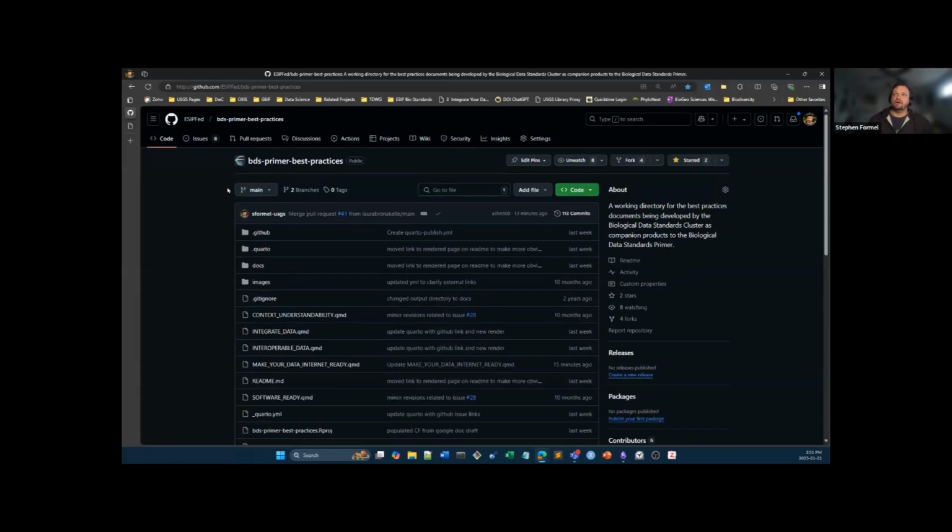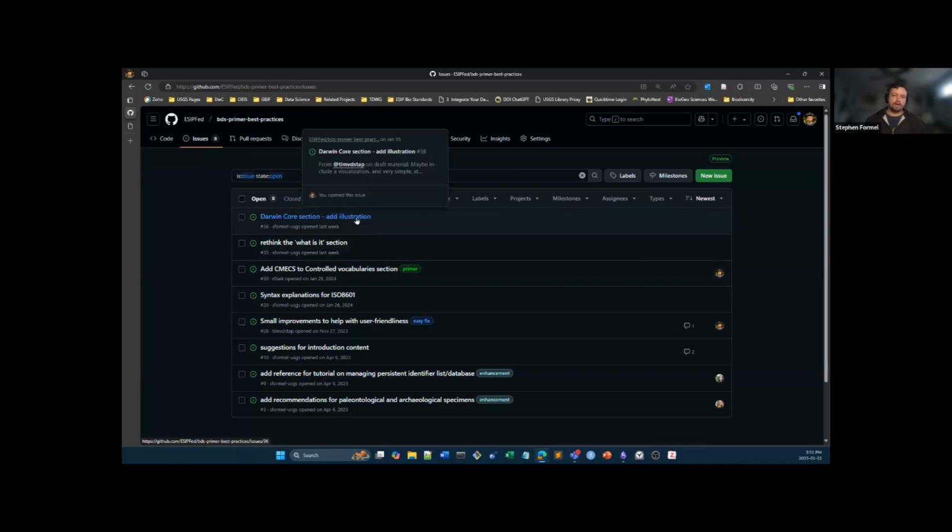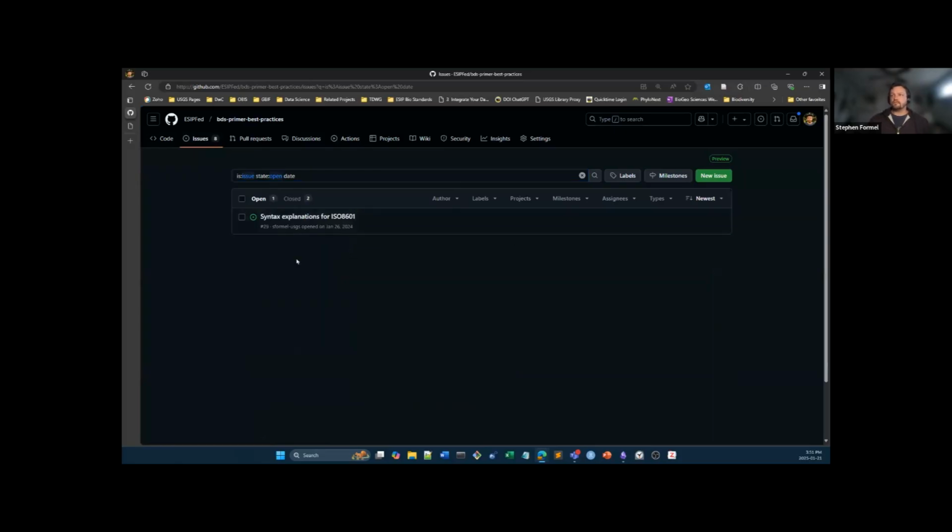One of the things that we didn't get to yet is within the issues. So if I click on issues, you can see all these. Now, I think it was Tim mentioned you can search these things, but let's imagine that there were thousands, which happens sometimes when you go to other GitHub repos, whether it's for some R package that you're interested in or some website that you want to give feedback on. So you can actually search right here. So let's see if there's anything related to the date. And indeed, there's an open issue saying syntax explanations for ISO 8601.